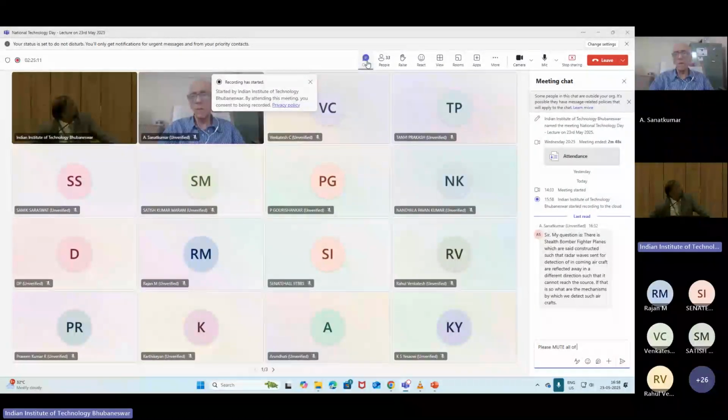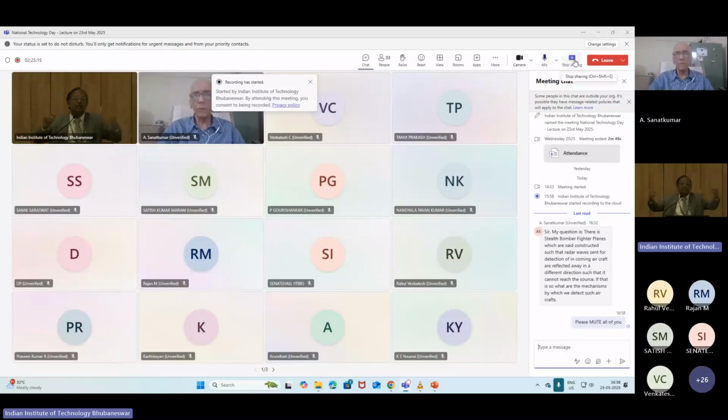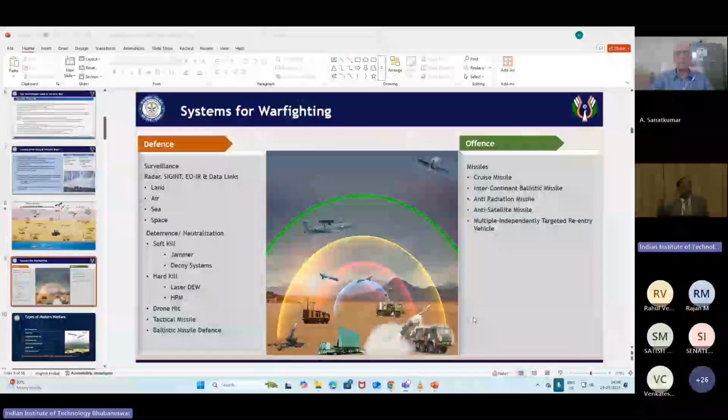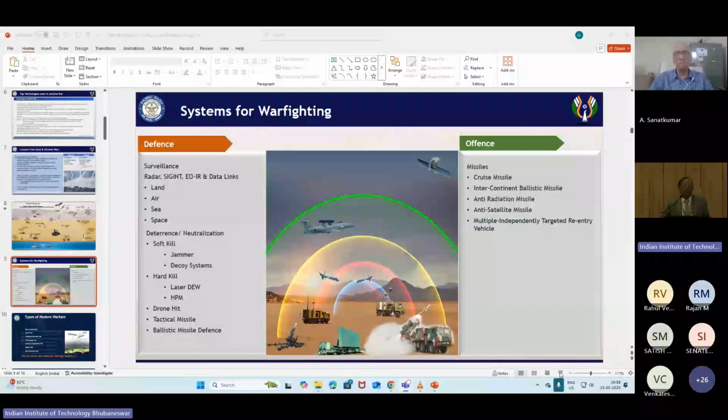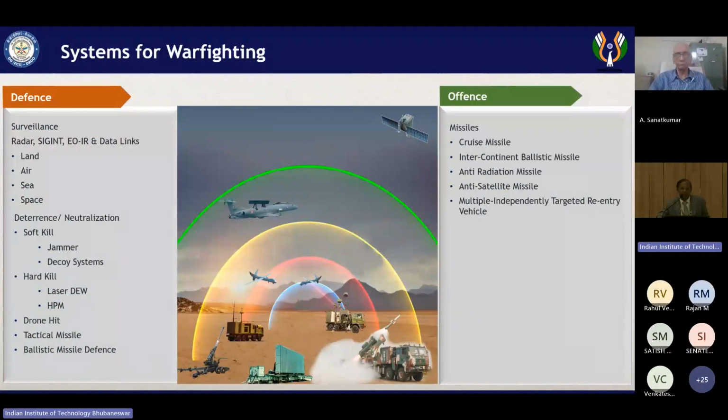Then as the surveillance happens, the next phase is, if you know that a missile is coming to you, what is your role? You need to counter the missile, right? You counter the missile, launching a drone, whatsoever. But first, you should have your countermeasures. That is what is called ballistic missile defense. If you talk about a very important mission called Akash, surface to air, it's a short range.